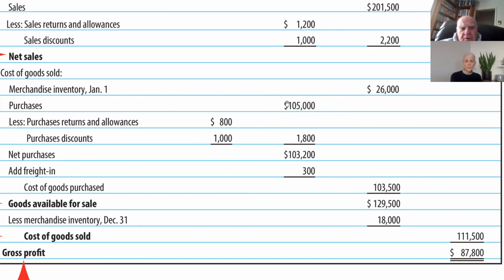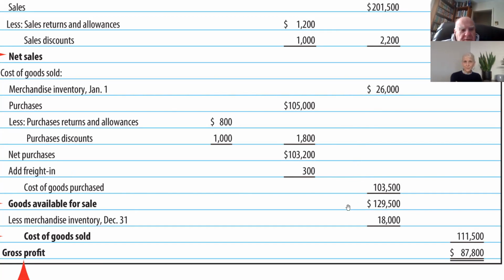You can think of that as gross purchases. Now we have net purchases. Okay, not too tough. Well, we had to pay some freight. So what do we have here? We have the beginning plus the net purchases and the freight. Cost of goods purchased. I'm not sure we need to show that, but so what's available? We started with 26. We purchased 103,500,